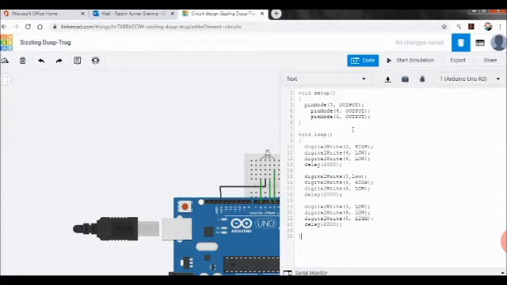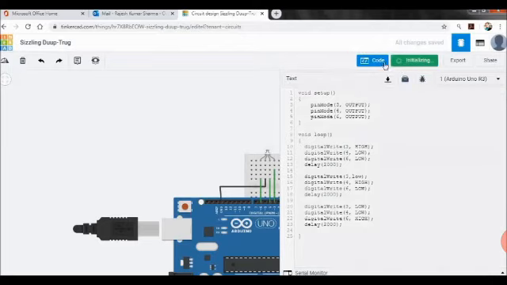So now you can see at a time only one pin is high and the rest 2 are low, but the sequence you can change. Which color you want first, then second, then third, that is your choice. According to my program, pin number 3, 4, 6 will be the sequence. So I hope you understood, and if there is any error in the program, then it will show the error also. So I hope you understood the programming.